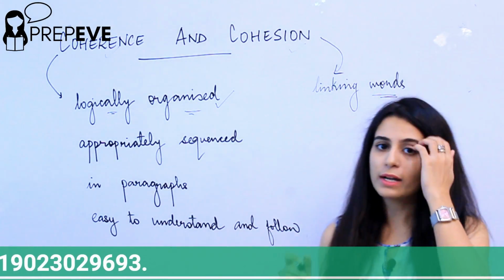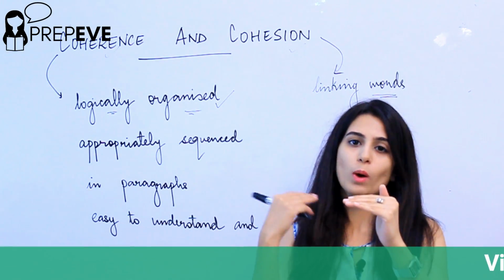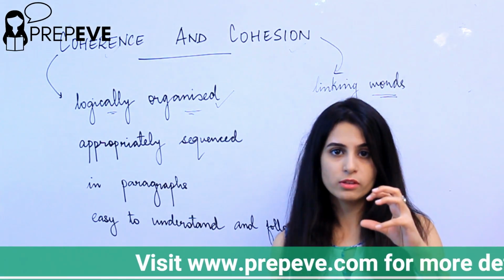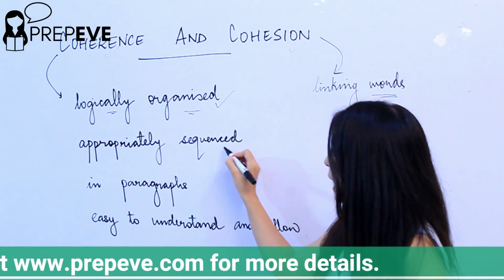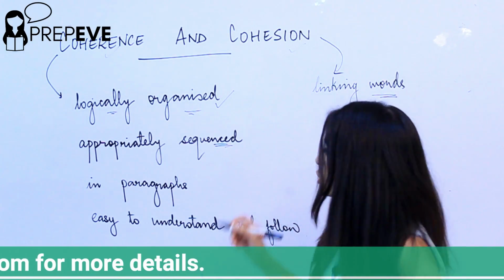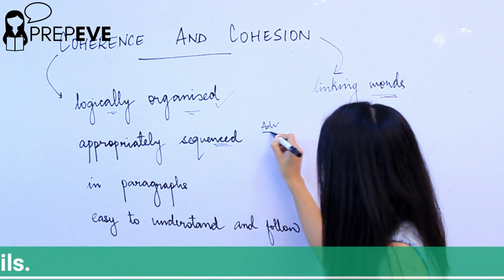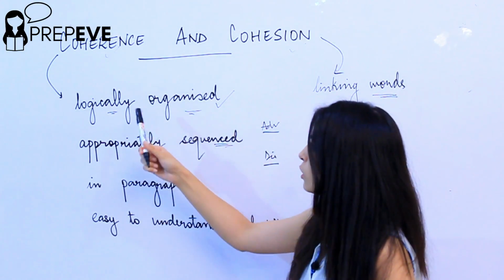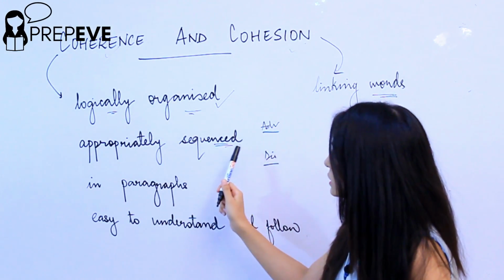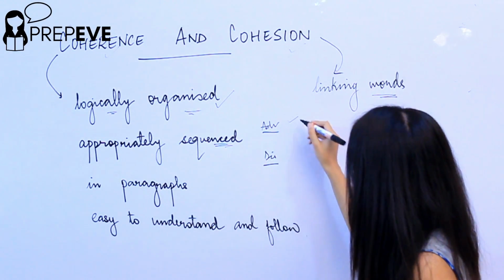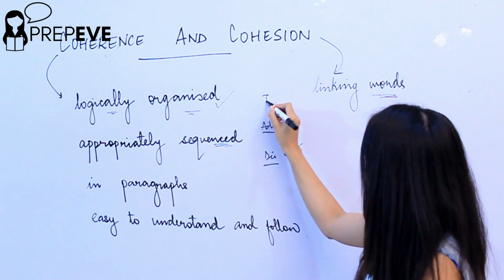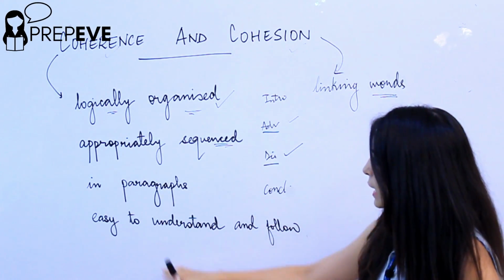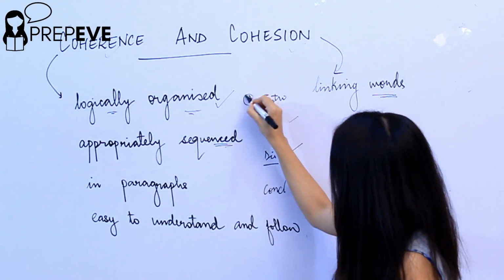If they have asked you advantages and disadvantages, you cannot go about with one advantage, one disadvantage, second advantage, second disadvantage. You have to write them together so that it makes more sense, and the sequence here is what matters. So the sequence should be advantages in one paragraph and disadvantages in the other paragraph. This is how your essay would be organized logically as well as sequenced appropriately. This is the sequence, right? Advantages followed by disadvantages, and in the beginning you have your introduction and in the end you have your conclusion, right?